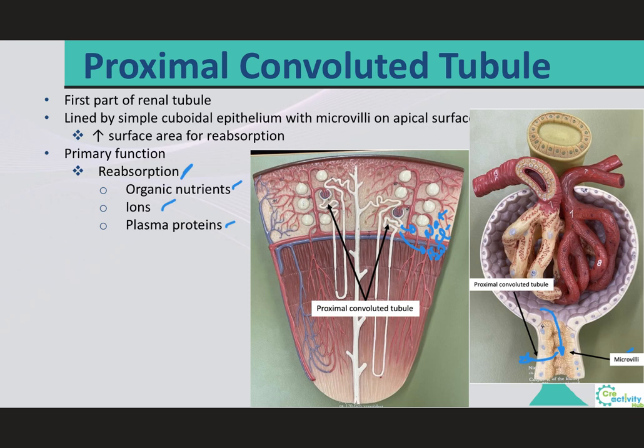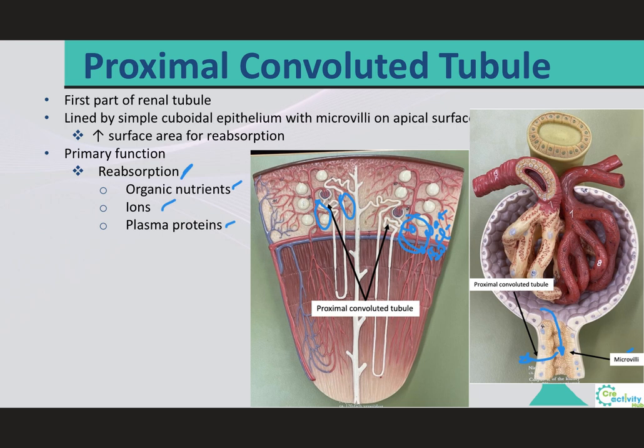So it's really busy. As these solutes are reabsorbed, then osmotic forces will pull water across the wall of the proximal convoluted tubule into the surrounding interstitial fluid, which can also be called peritubular fluid. Therefore, outside of the proximal convoluted tubule. And this means that it will stay inside of the body. It will not leave through the nephron and therefore it will not be carried away by the urine